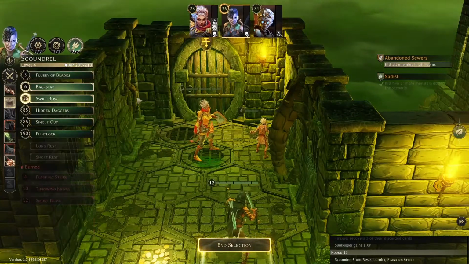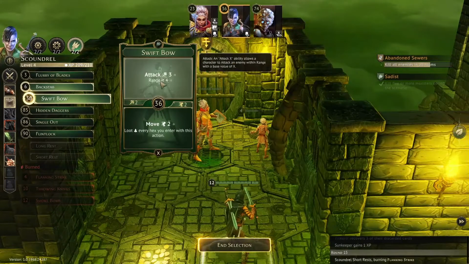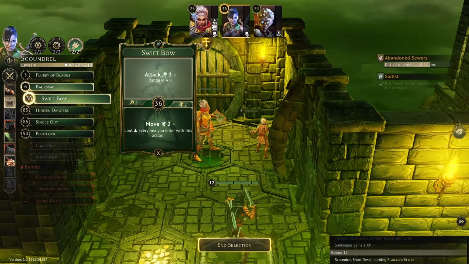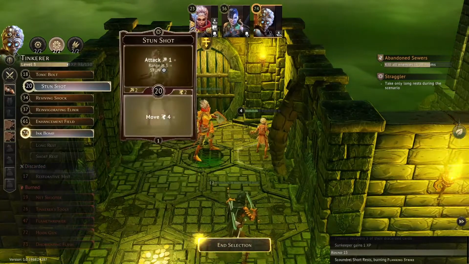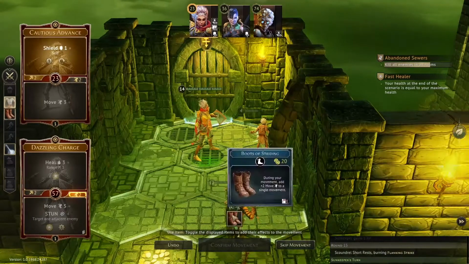Yep. Then the Scoundrel, Ate, with Swift Bow and Backstab to really get into the room. And we'll make an attack somewhere. And then Hephaestus going late with Ink Bomb, move 4, and stunning somebody. Let's see who all of those people are going to be. Well, not people, I guess, but...